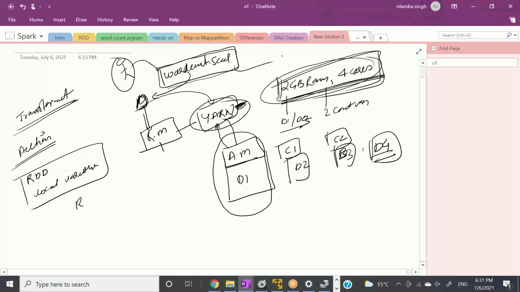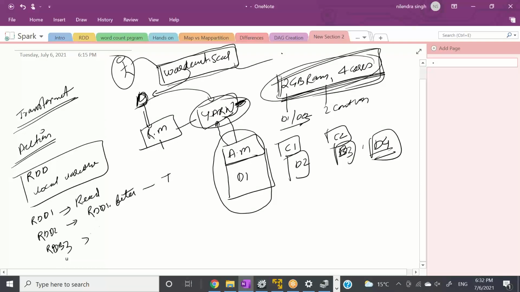Let's say you first read the file for word count. That's your RDD1. Then RDD2, you filter some records, RDD1.filter, something like this. This is your transformation. Then you create a new RDD, RDD3 equals RDD2 dot some mapping.